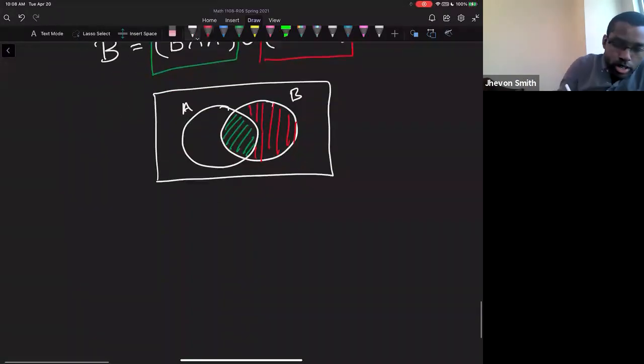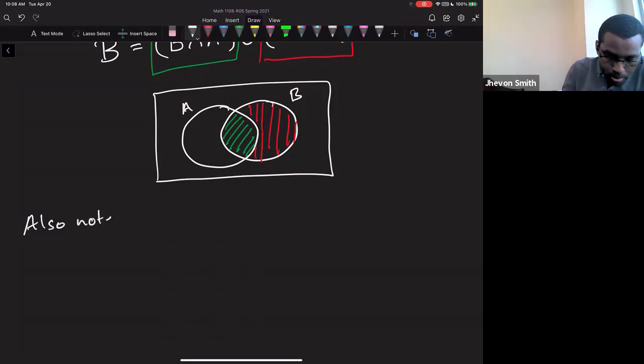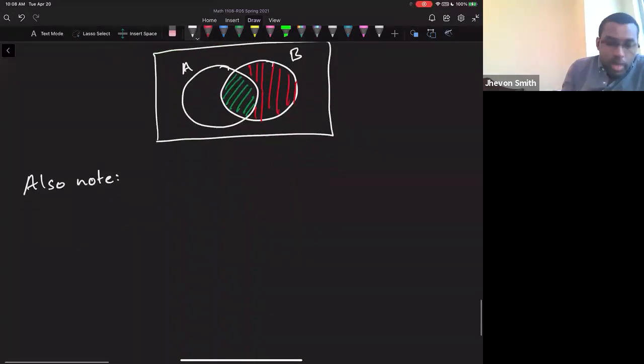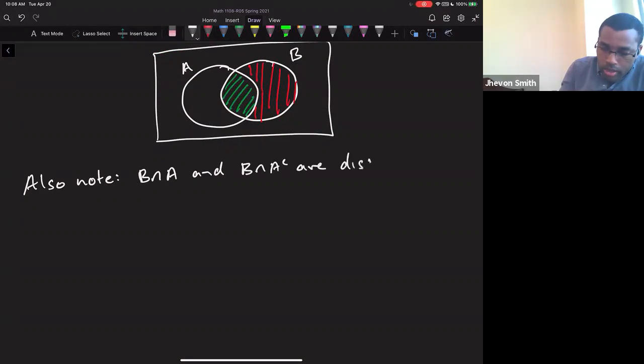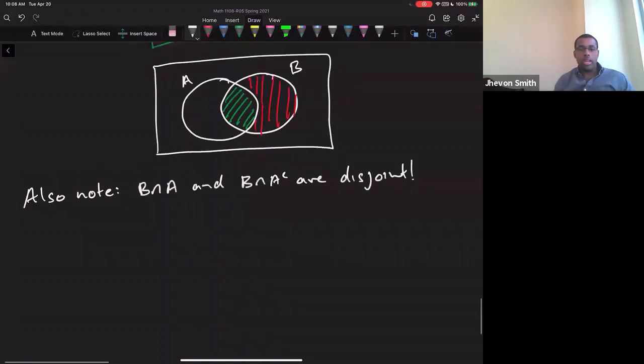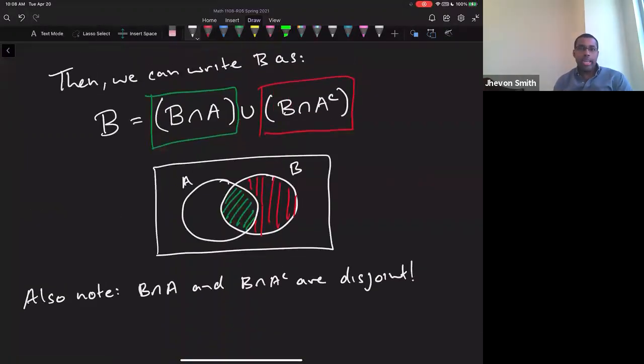I also want you to note something further. B and A, and B and A complement, are disjoint. They're disjoint sets. They don't actually connect to each other, because if you're in A, you're not in A complement. You can't be in both A and A complement at the same time, right? So